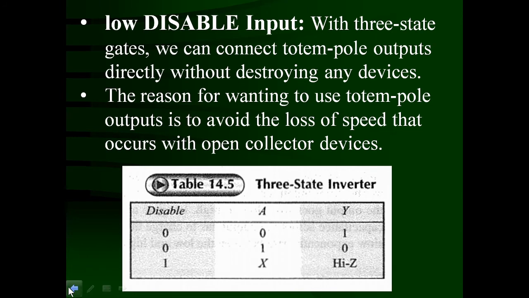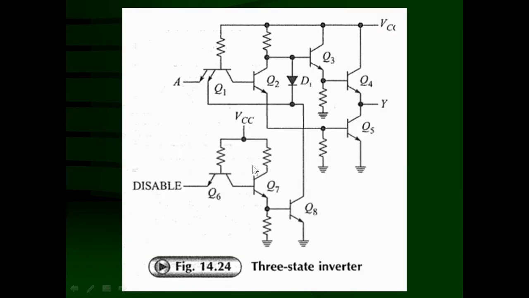Now we have to understand the circuit diagram, how it functions, how it will work. First condition: consider disable is going to be low. Transistor Q6 base-emitter junction is going to be forward biased, and the current will be flowing in this direction. That means there is an emitter current of Q6, and because of this, the potential at the base of the transistor Q6 will be very low.